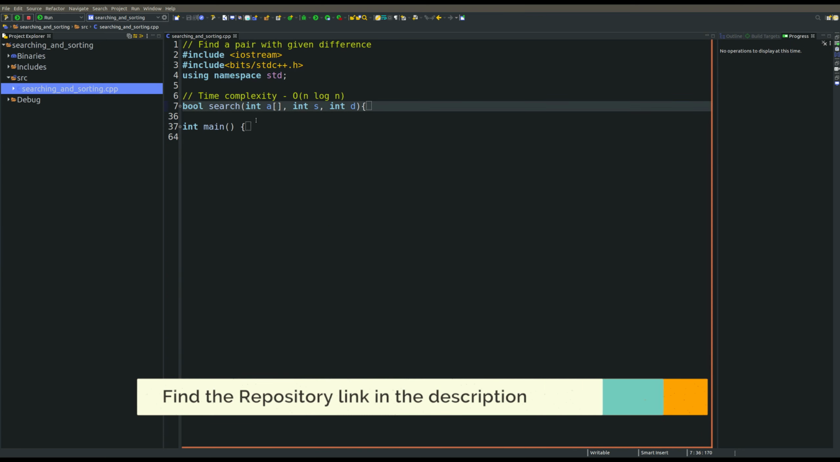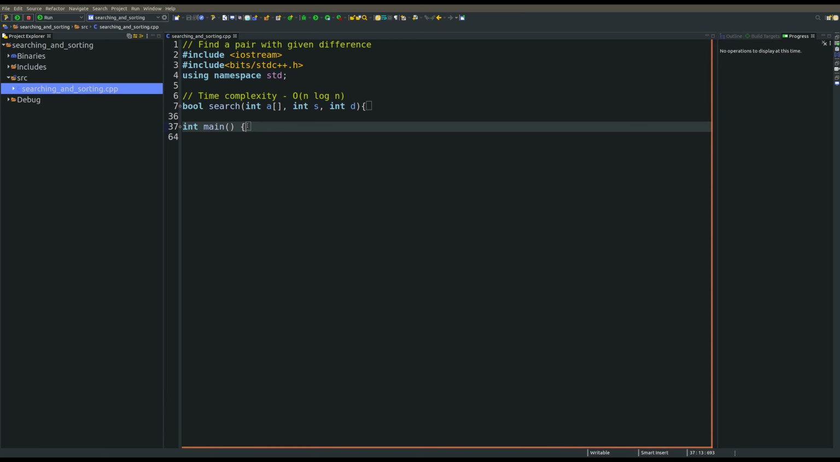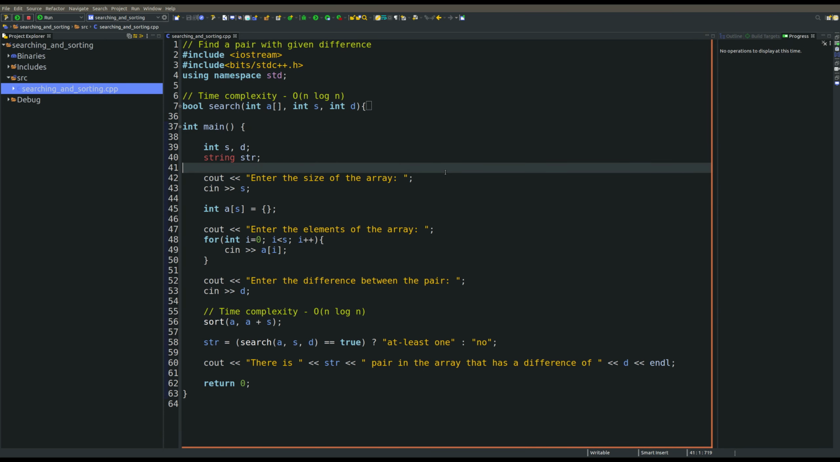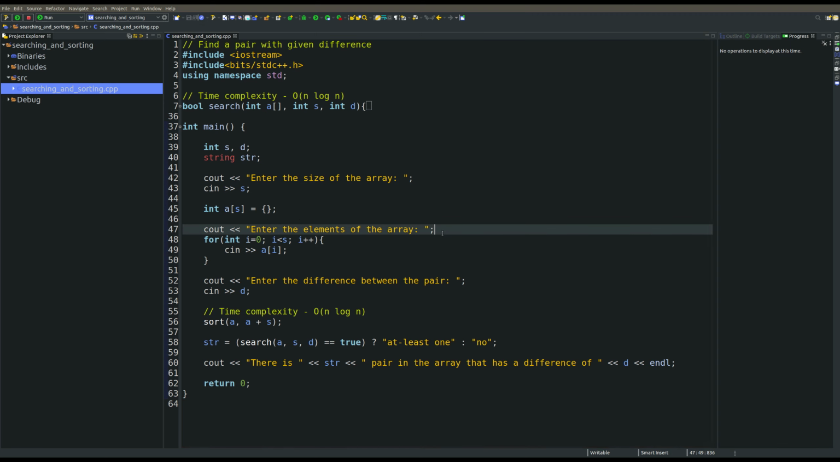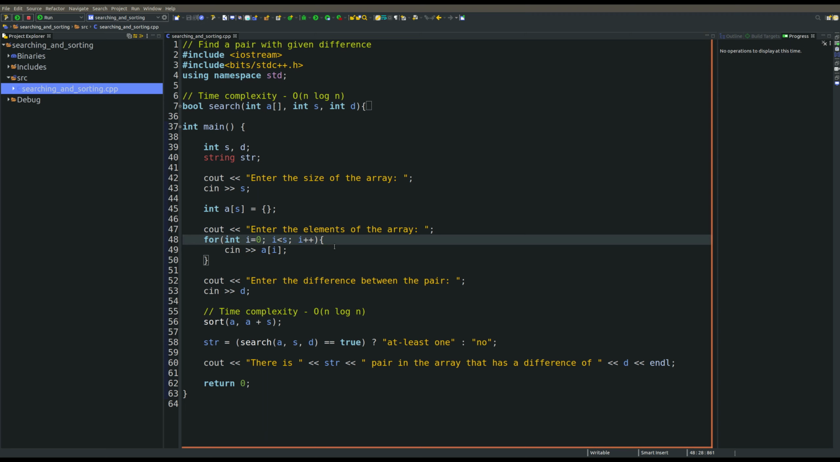Here I have used two methods, the main method and the other one is used for searching the difference. First we take some user input, which is the size of array, the elements of the array and the difference. Then we sort the array using C++ sort function. And then we call the search function that returns true if any pair matches the given difference, and we return